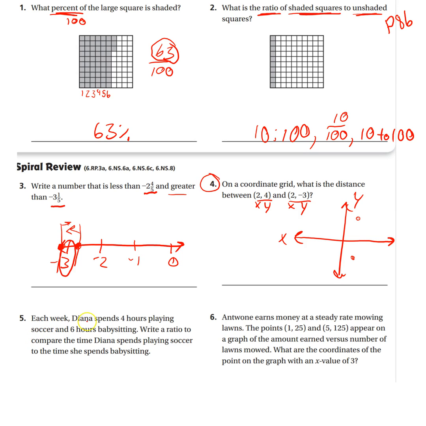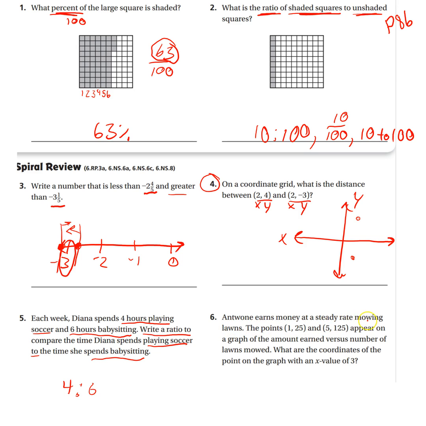Okay, number 5. Each week, Diana spends 4 hours playing soccer, 6 hours babysitting. Write a ratio to compare the time Diana spends playing soccer to babysitting. So soccer is 4 hours, babysitting is 6 hours, so 4 to 6. Number 6,